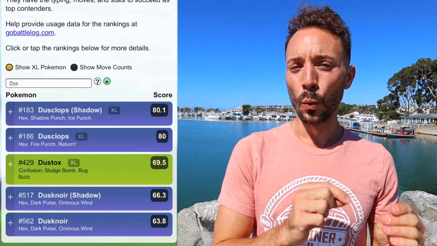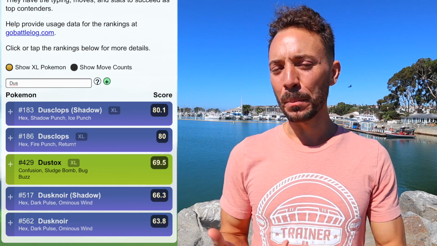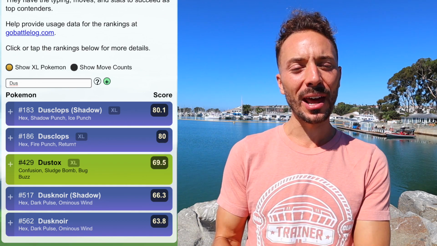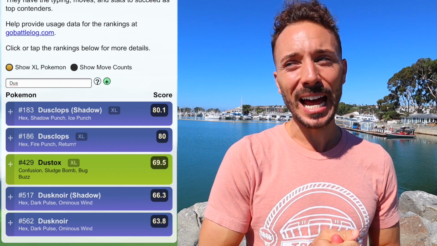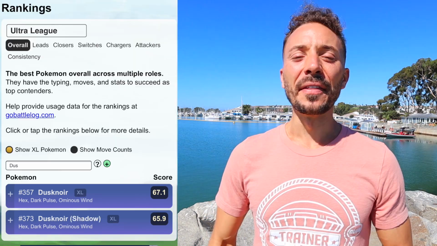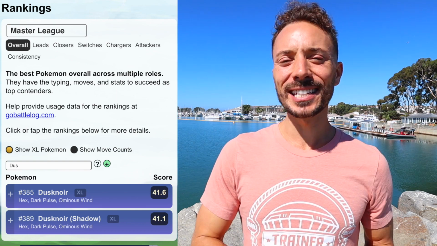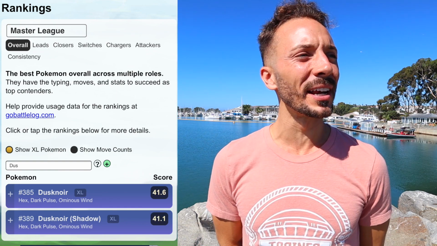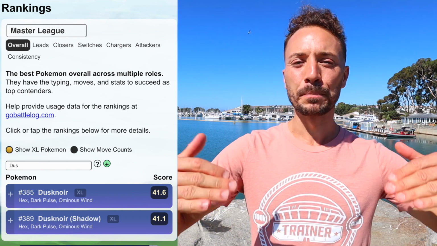And then if we're talking about PvP, it's going to be ranked Dusklops in the Great League, 183 in Shadow, 186 in the non-Shadow. Not the best, honestly. Ominous Wind, obviously Shadow Ball, I do believe will bump it up. Do I think it's gonna make it into the top 100? Probably not. And then in the Ultra League, Dusknoir is gonna be ranked 357. And in the Master League, it's gonna be ranked 385. So this Pokemon, unfortunately, doesn't really have, in my opinion, too many options to really breach the top in the